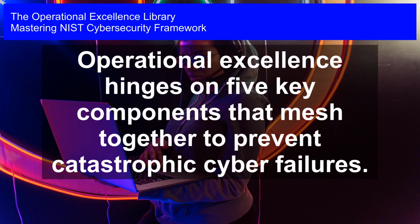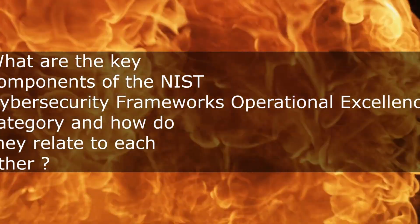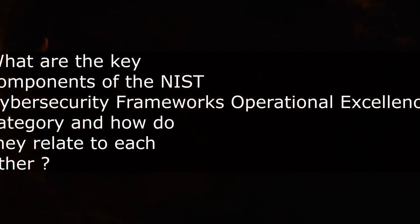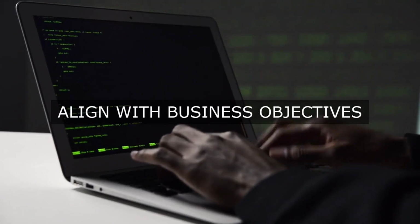Mastering NIST Cybersecurity Framework. Operational excellence hinges on 5 key components that mesh together to prevent catastrophic cyber failures. Which key components comprise the NIST Cybersecurity Framework's operational excellence category, and how do these components interrelate to achieve operational